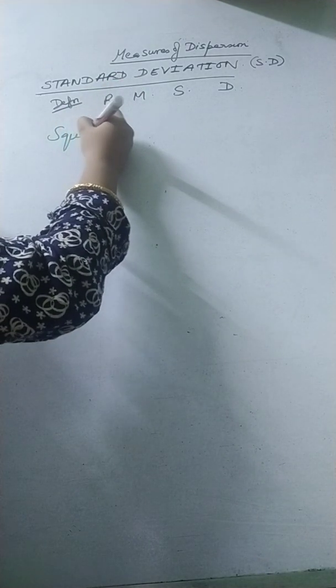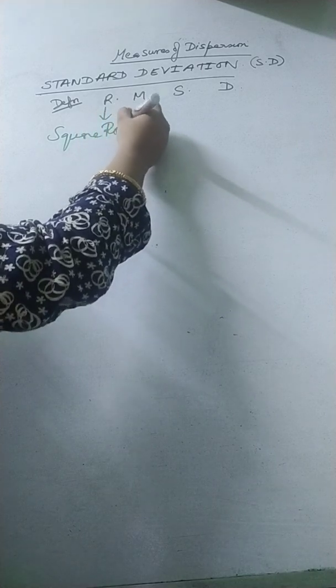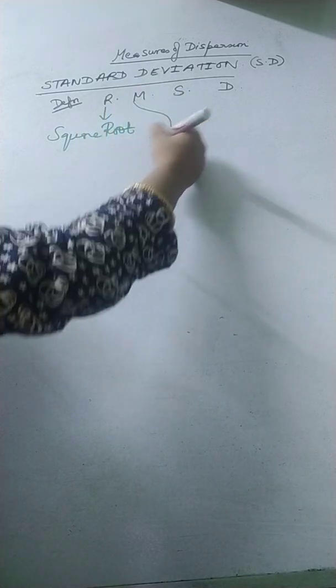Under measures of dispersion, today we'll discuss standard deviation. Okay, standard deviation, in short abbreviated as SD. In fact, if you think of the definition of standard deviation, then you can abbreviate it as RMSD. Okay, RMSD, where R stands for square root or simply root. Okay, M stands for mean,